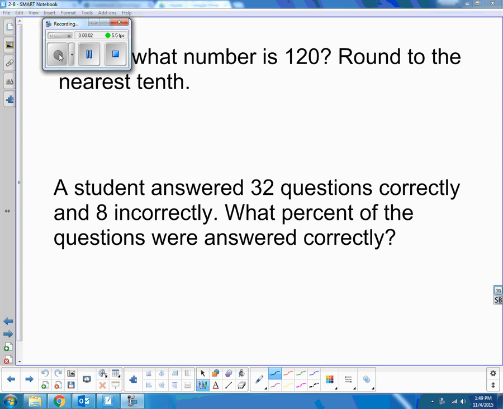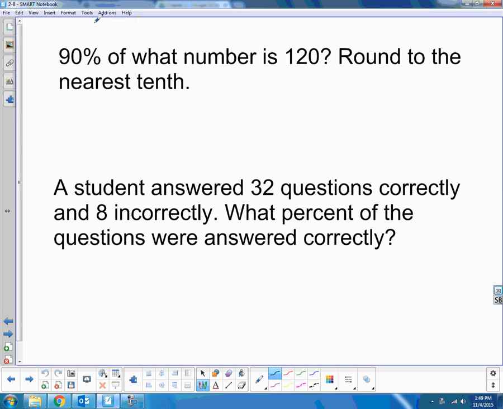You're watching this video, you're not quite sure how we got that answer. So 90% of what number is 120? And if we're trying to figure this out using the words, we're going to set it up as 90%, which